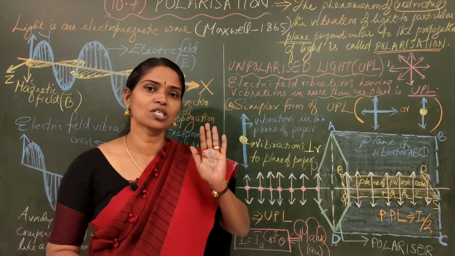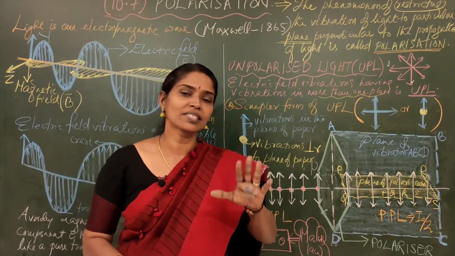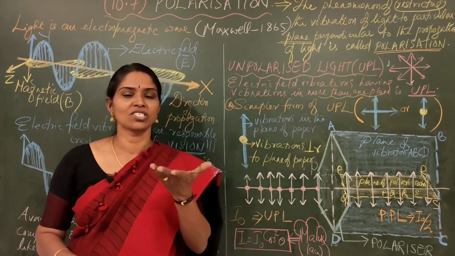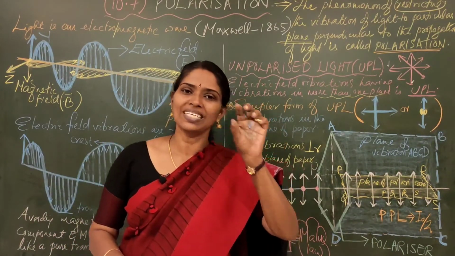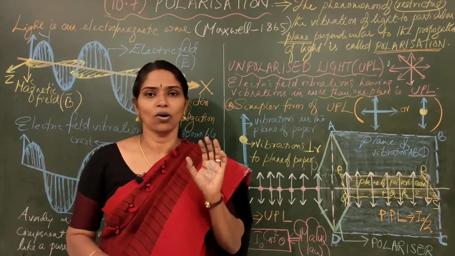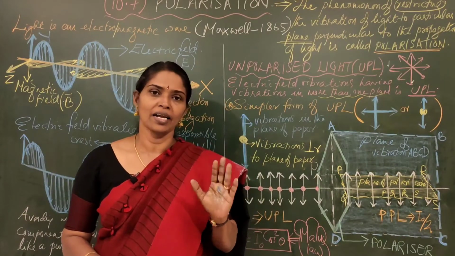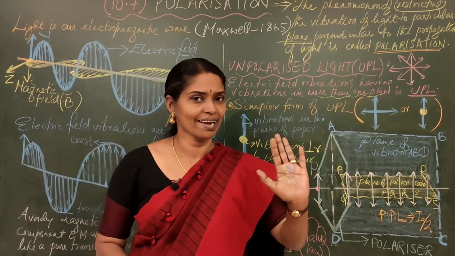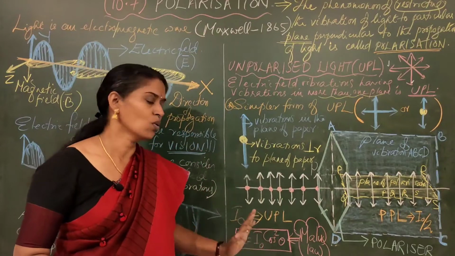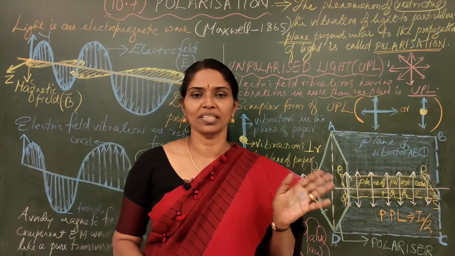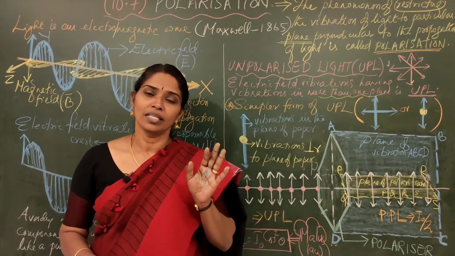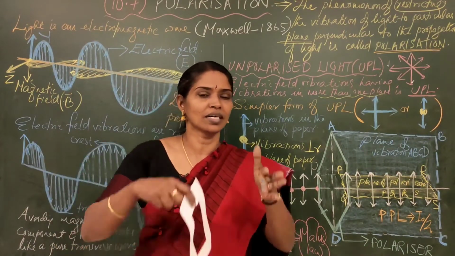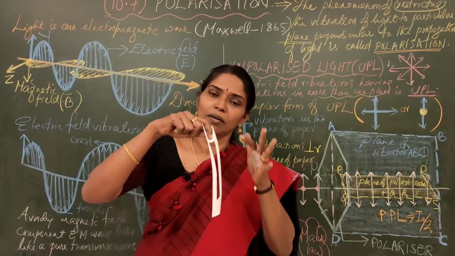So once again, what is polarization? Restricting all possible vibrations of a light, specifically electric field vectors, to a particular plane is known as polarization. And the intensity of the plane polarized light is given as I equal to I0 cos square theta. It's known as Malus law, and theta was the angle between the crystallographic axis of polarizer as